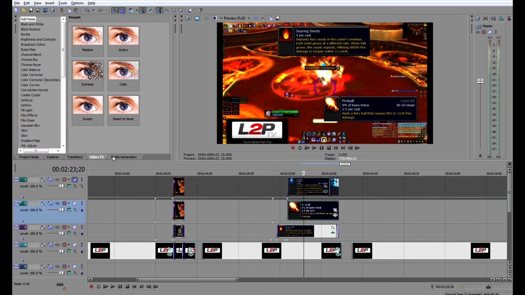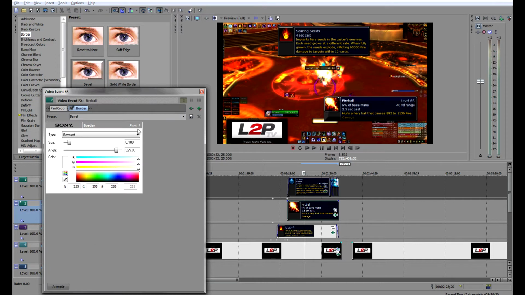Now it doesn't look quite as good as Searing Seeds, so let's make it look a little less 2D. Go over to Video Effects, Borders, and as far as borders go, you do this for mostly everything. Leaving it just flat like that usually looks pretty terrible. So if you want it to kind of pop out like the other tooltip there, go over, drag a bevel, just drop it on top of that frame,